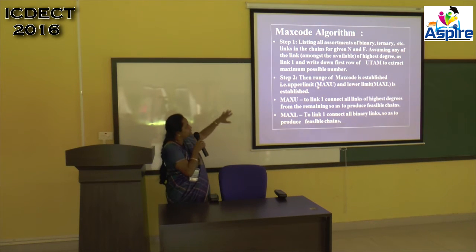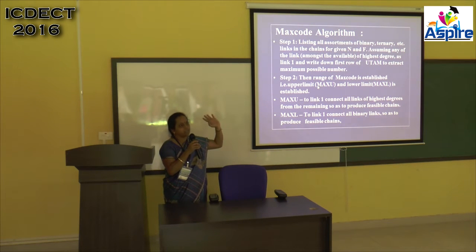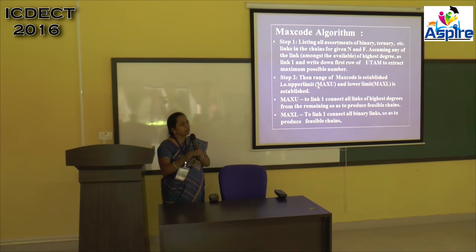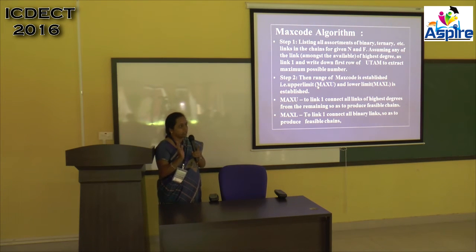Now this is the algorithm. In this algorithm, what I have explained is how you should generate the kinematic chain, and how you should generate a feasible kinematic chain. Now, what is a feasible kinematic chain? It should not be degenerate. It should not have negative degree of freedom, and it should give motion. Because ultimately the kinematic chain is used for motions. So its degree of freedom should always be greater than 1, or 1 at least. Okay, then you can have the motion.